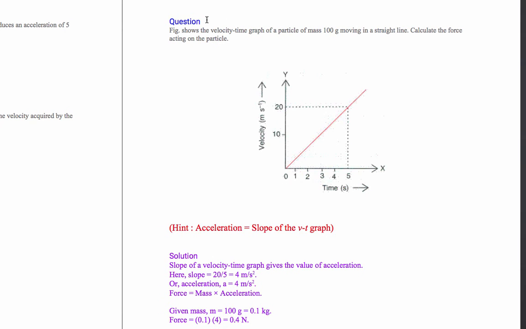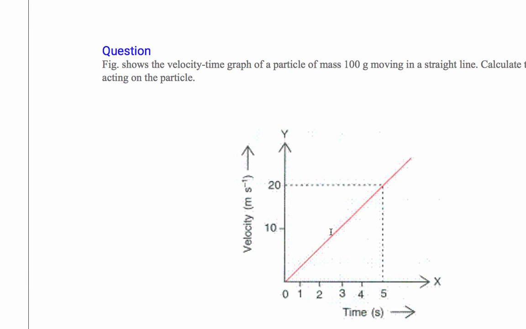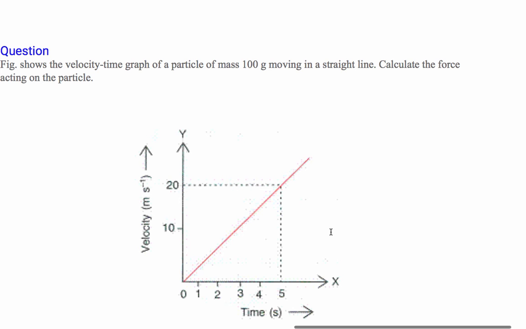Yes, see students. In the graph, we are shown VT, velocity time graph. Mute yourself. Now, in the graph question, velocity time graph is given and it is a straight line. So it means that the acceleration of the body is uniform because such a graph represents equal change in velocity in equal interval of time, which means it is uniform acceleration.